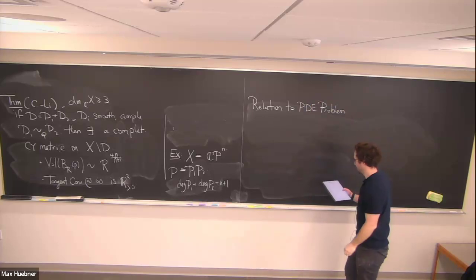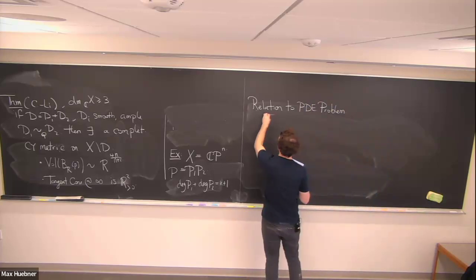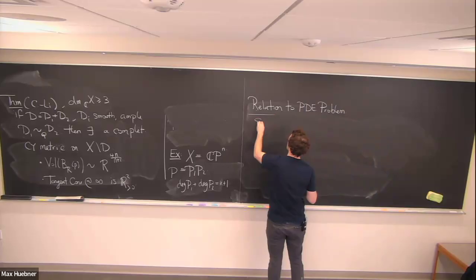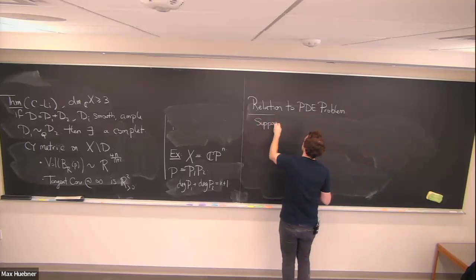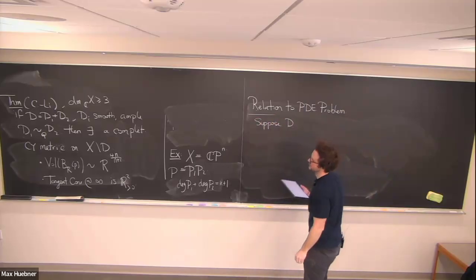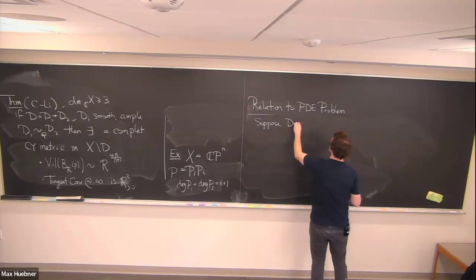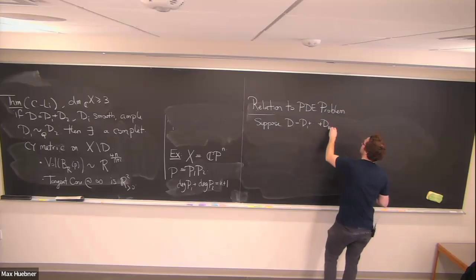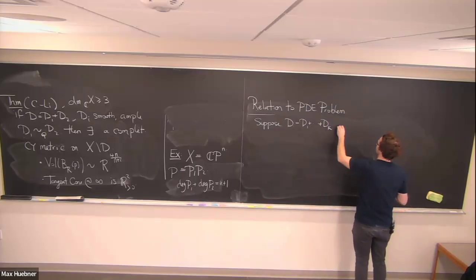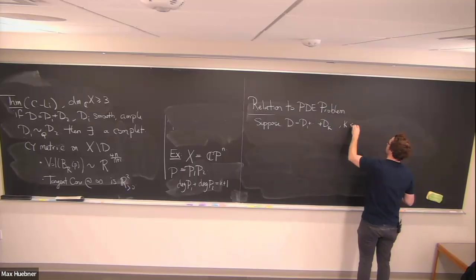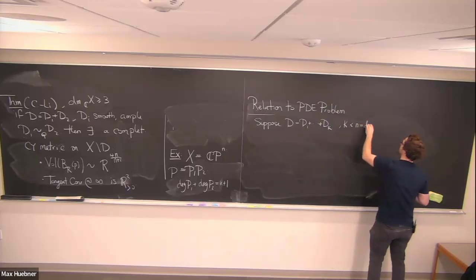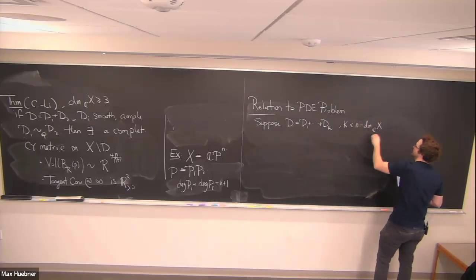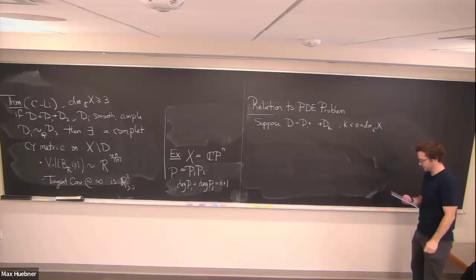Okay, so suppose we have, so let me describe the general case. So suppose D is a sum of k divisors. K is no more than or strictly less than the dimension of X. Okay, I'll come back to the case of equality later, but for now let me